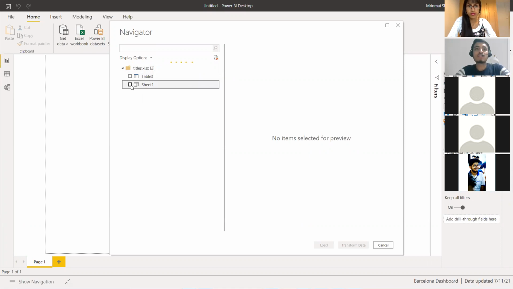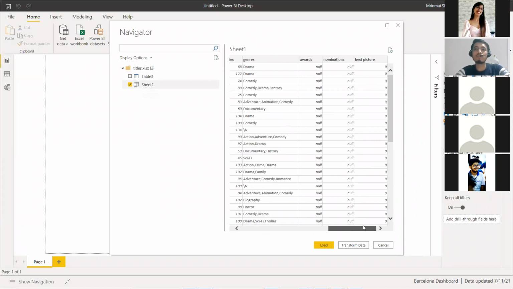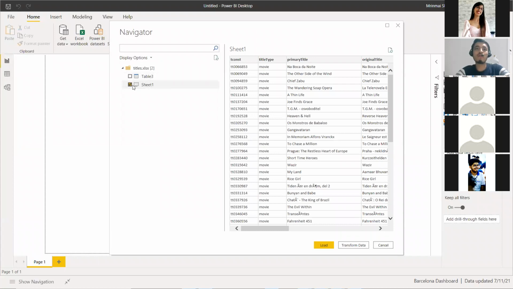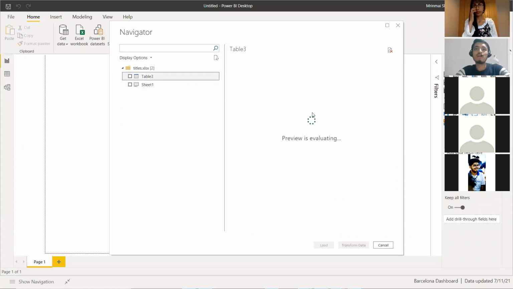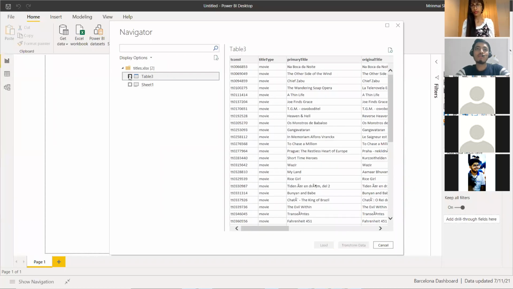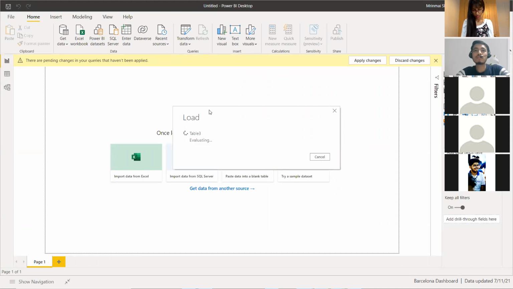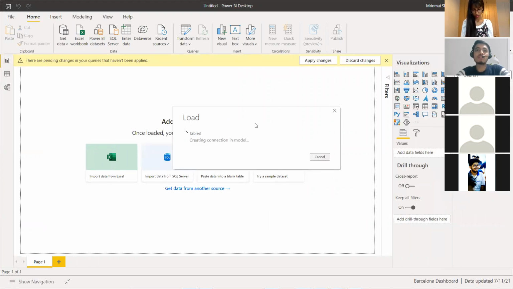If I select a sheet, it will try to import all the tables that are there. In our case, it's the same, because in one sheet we have only one table, so it's the same result. If you see, it's the same data. If I click on the table, you can see that it's also the same data. So I'm going to click on the table, check it, and then click on load. If I click on load, Power BI will load it. It is trying to create a connection to the Excel file,